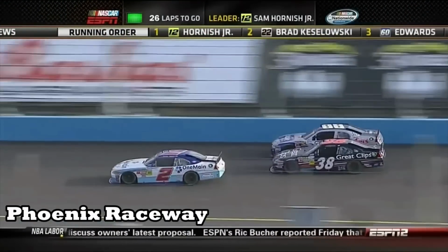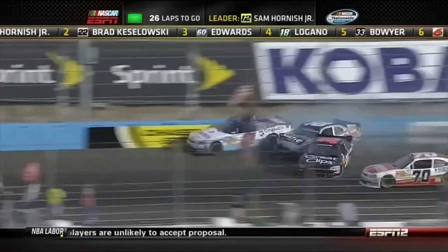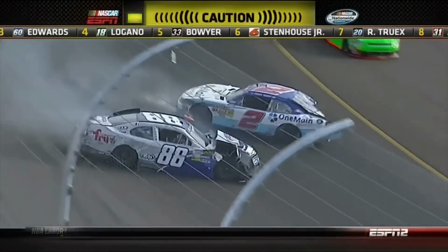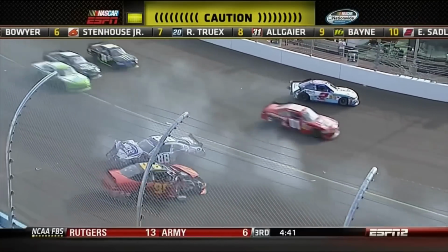Down in 1-2, Elliott's able to make that pass 2 at a time. Easy! No! Oh, no! What are you doing? Left gets into him. Oh, that's terrible. And Almirola gets contact as well, and the caution is out. Clements gets involved. So, Morgan